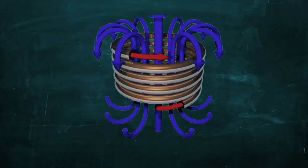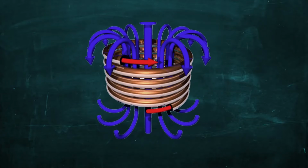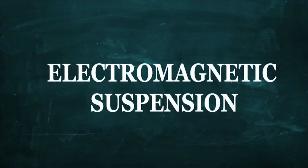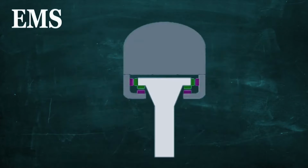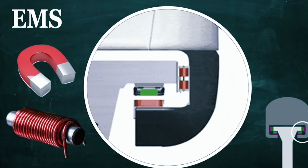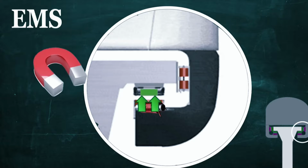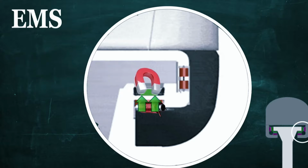The two main types of maglev technology are electromagnetic suspension (EMS) and electrodynamic suspension (EDS). In electromagnetic suspension (EMS) systems, electronically controlled electromagnets in the train attract it to a magnetically conductive, usually steel track. The train levitates by attraction to a ferromagnetic rail, while electromagnets attached to the train are oriented toward the rail